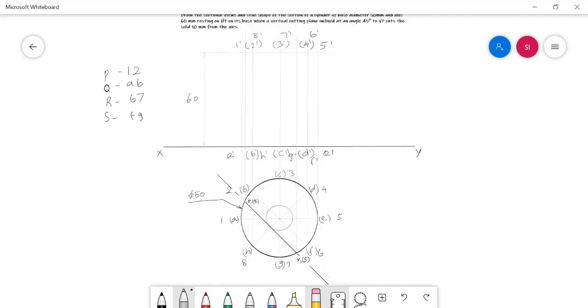Here I want to mark the cut points P and Q. This common projector carries the points P and Q in order to mark P dash and Q dash in the front view. Wherever this projector cuts the 1 2 piece, we need to mark P, and wherever it cuts the AB piece, we need to mark Q. So now this projector is cutting the A dash P dash span, A dash B dash span here.